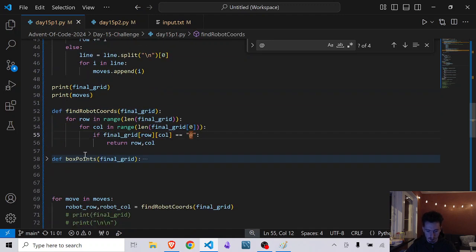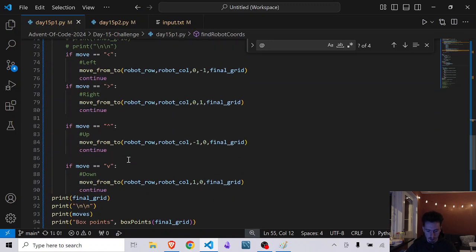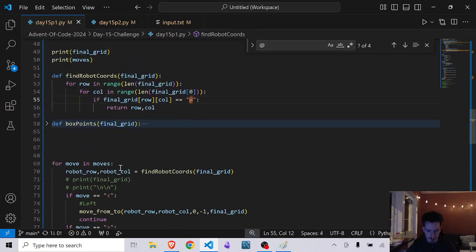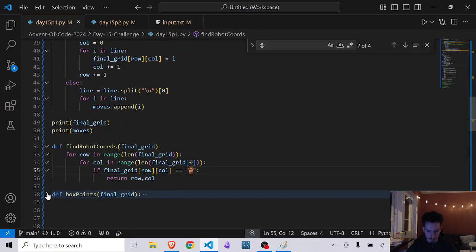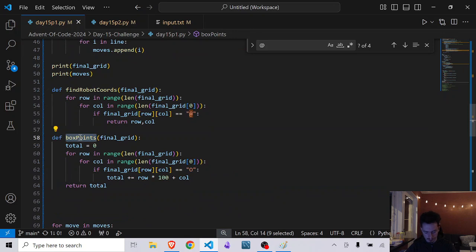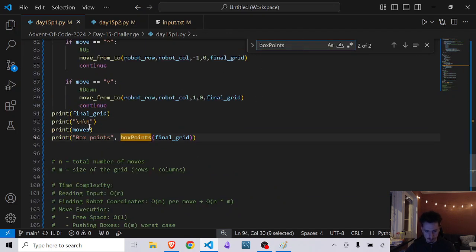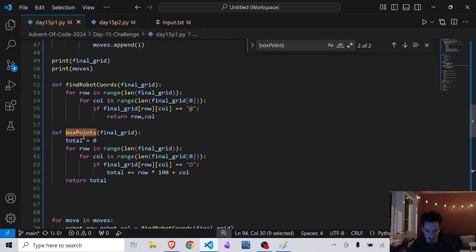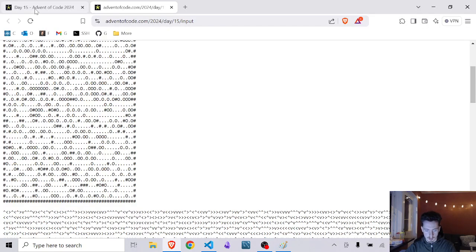So finding the box coordinates are here, and then once we've run through the entire moves, we're going to call box points, and let's see where I call it. So once we've gone through all of the moves and I printed the grid and the moves, we calculate the points, and the way that they want us to answer is